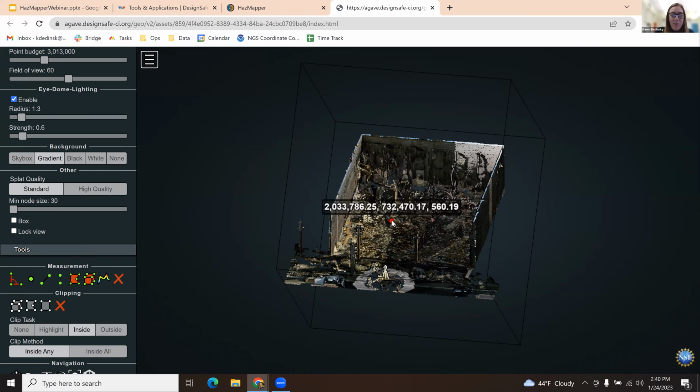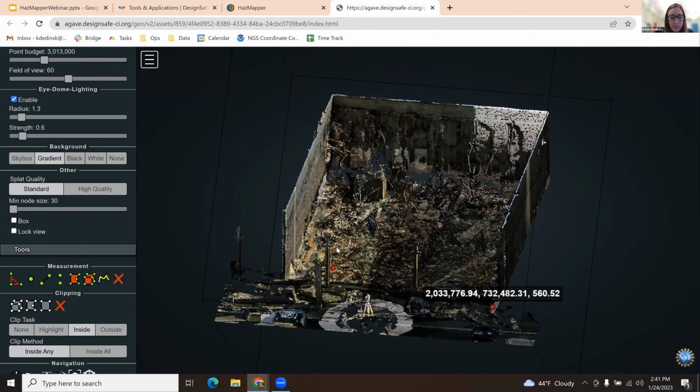But the relative measurements between points, for measuring how tall a wall is, those are generally supported. So to measure the length of a wall, you could use the distance measurement if you want the distance between objects, or you could click this fourth tool, which I'm going to click, which is height measurement. And once I have it selected, you'll see the red dot appear, and you can click